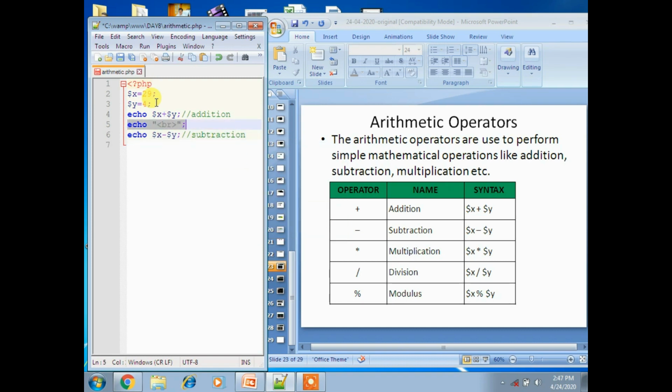And like that you have to execute another one: I will take the multiplication operator. Here, instead of minus, you have to put star. That is multiplication.